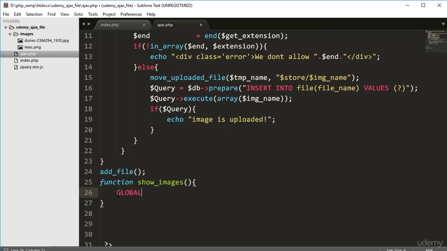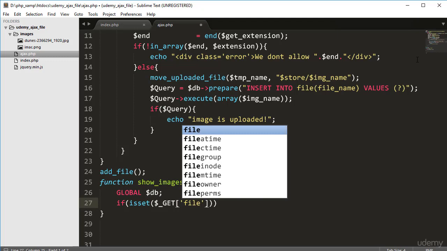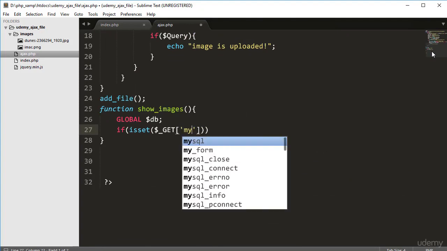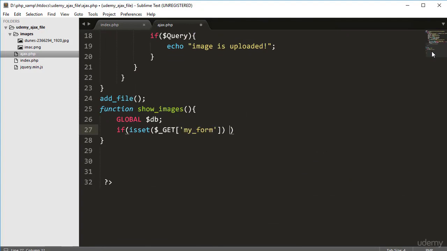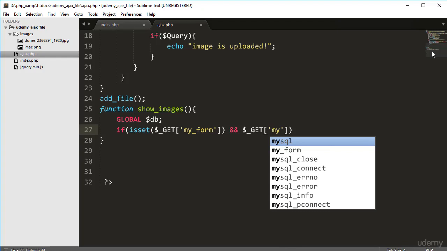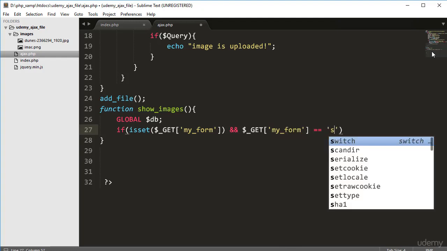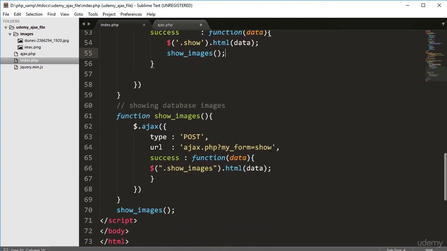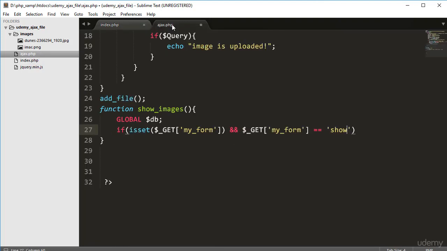Now I'm going to ajax.php again. Function show images, global db, app asset, file. I think the file name is my pom. Show, because the get variable value here is show. Okay, show. So now here is also show. If the condition matches, then